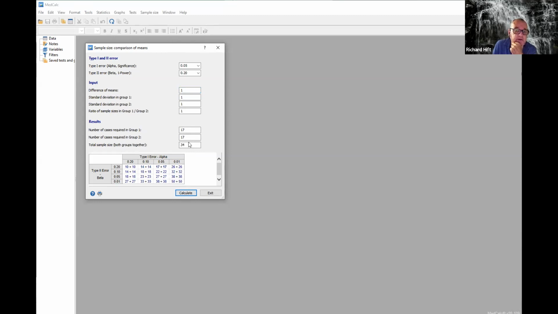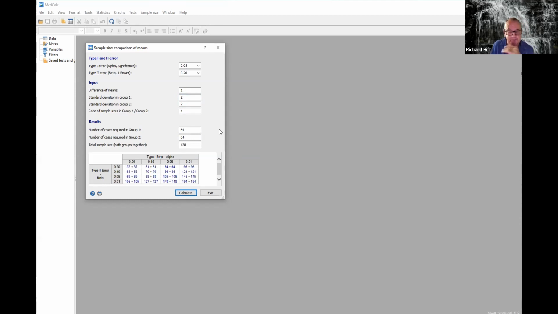Okay. So we could not have calculated that if we hadn't taken an initial guess that the difference in means is going to be only 1 month, not 4 months. Let's say, for argument's sake, that we think the standard deviations are going to be wider. In other words, some rats will live from 0 to 8 months with a mean of 4. Others will live from 4 to 12 months with a mean of 8. Do that. And now the sample size has gone up to